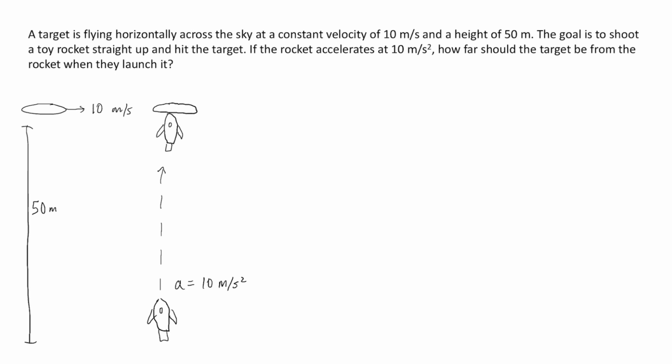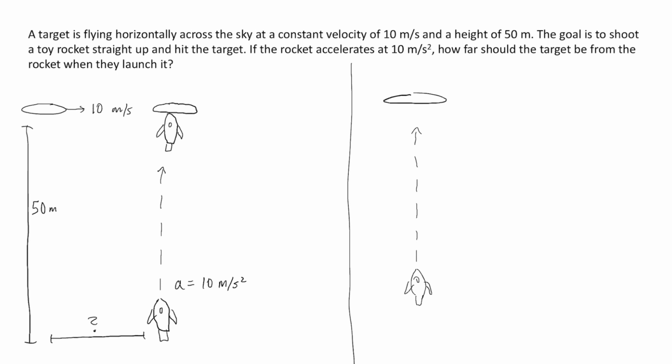target. But in order to do this, we have to know how far the target should be from the rocket when we launch it. If you're confused by the question, let me make it a little bit more clear. So if we have this target and we have the toy rocket, and we launch the rocket right when the target is directly above it, because the target is moving, by the time it takes the rocket to reach the target, 50 meters above, the target will have already moved past where the rocket is, and the rocket will not